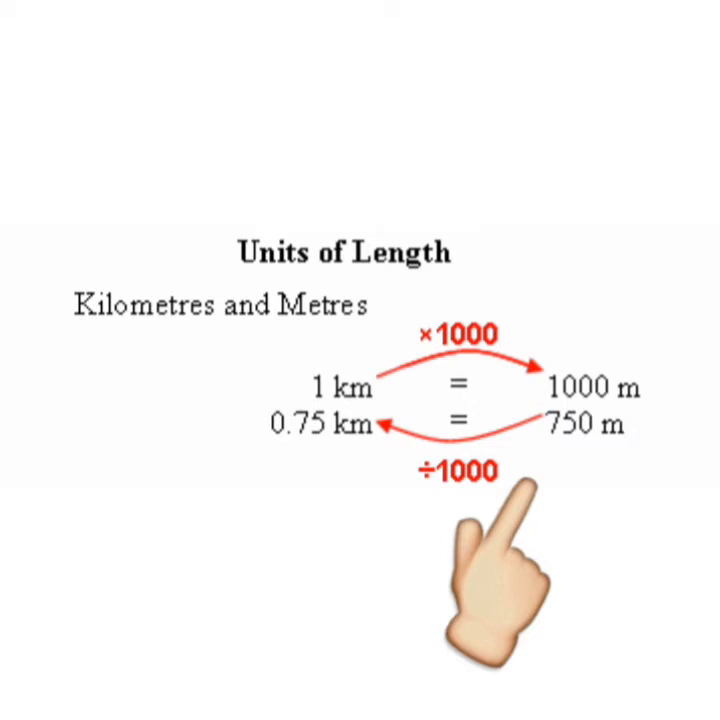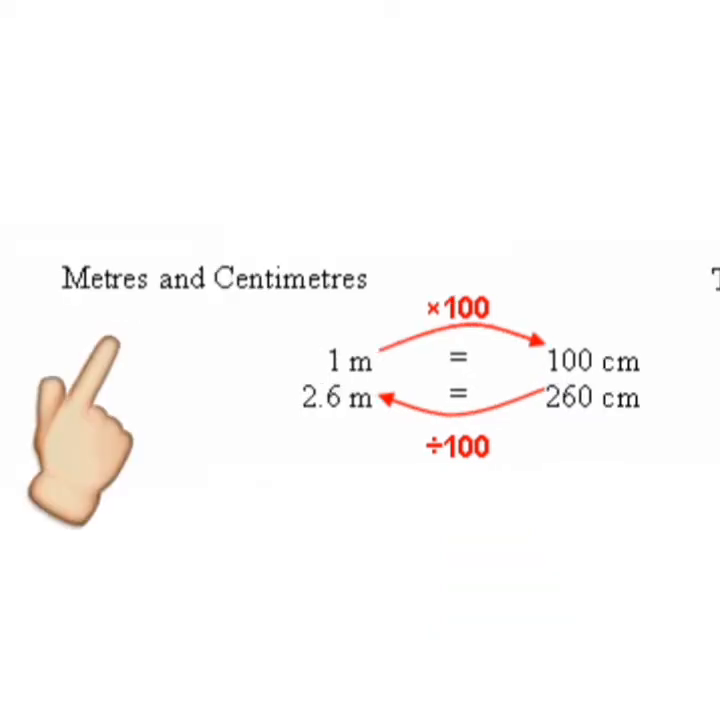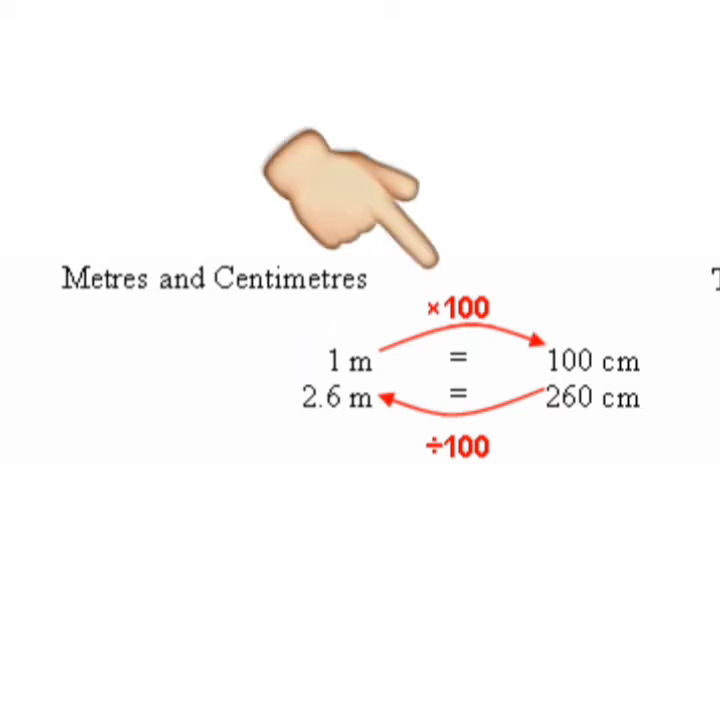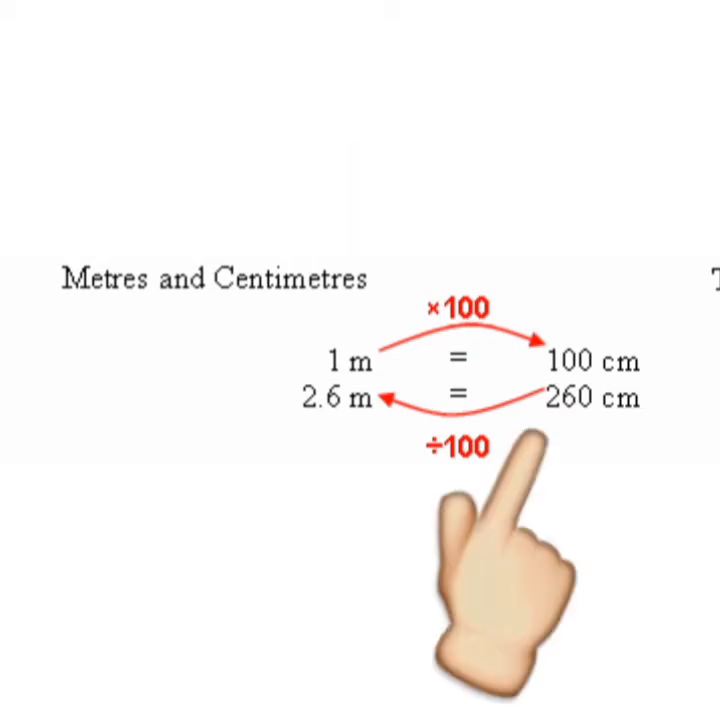0.75 kilometer. Now next we will learn meters and centimeters. 1 meter equals how many centimeters? 100 centimeters. You can see, students, when we move from meter to centimeter, we multiply by 100. And when we move from centimeter to meter, we divide by 100. Like you can see, 260 centimeters converted into meters, we divide by 100, so we will get 2.6